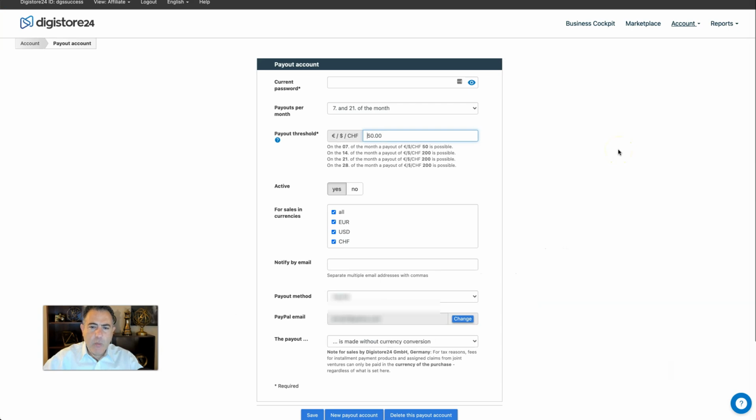Okay, number two, you want to let them know how you want to get paid. You click on account, you choose payout, and then you end up at this page right here. This is going to be in dollars or anything like that. You're going to tell them, okay, when there is $50 in my account, go ahead and send it to me. Or you can choose something else if you want to. However, you need to put your password up here in order for them to do that for you. And of course, you want to let them know how you want to get paid. For example, is it PayPal or any other option that they have or they might have in the future.